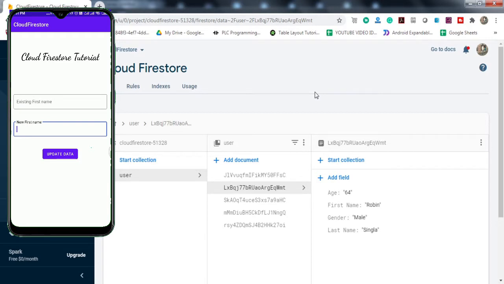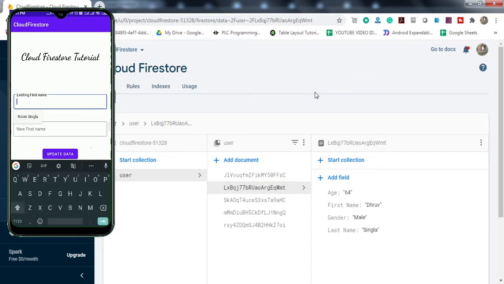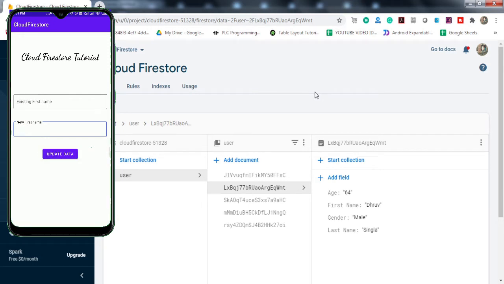Here you can see it has been successfully updated. Now I'll change this value back to Robin. So I'll type Dhruv in the first field and Robin in the second field. I click on the update button, and it has been changed back to Robin again. So this is what we'll achieve by the end of the tutorial.